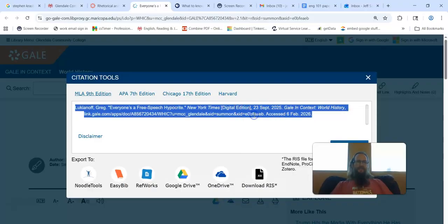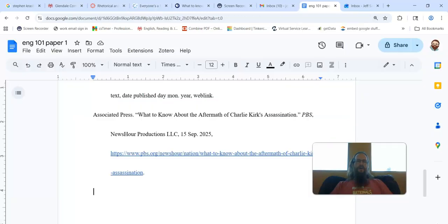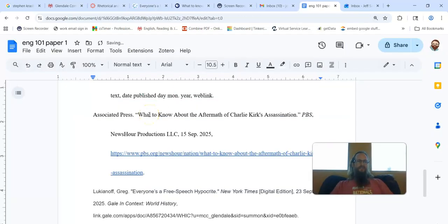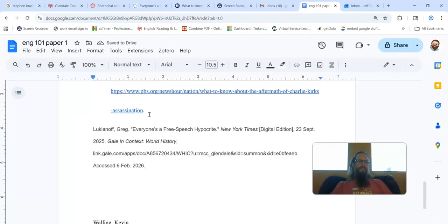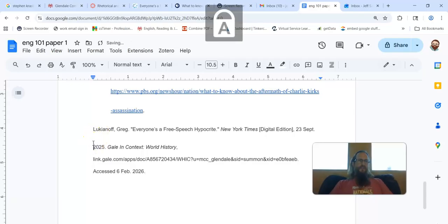Copy it. And do you see it's just like what we just did? Name, title, name of the website, and then they just add the name of the database. Everything else is the same. All right, so we're going to paste that in there. Control V. Same thing. I got to create the hanging indent.